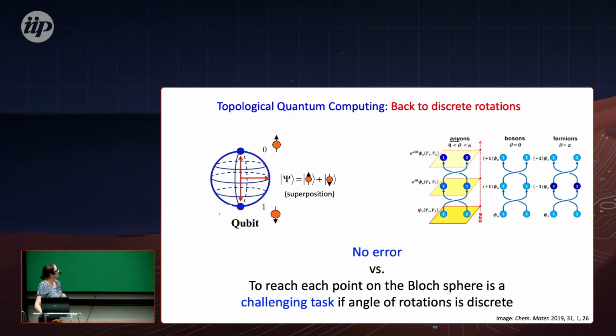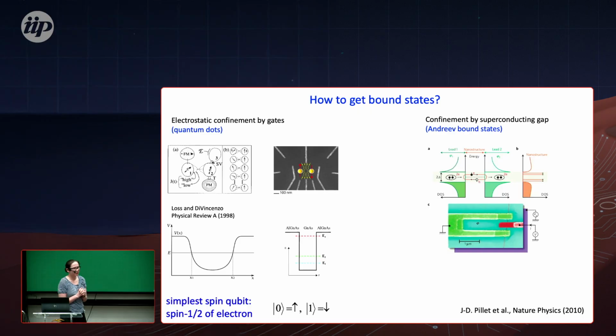And what happened is that it's actually not so easy to find them or to control them. And also the idea that there are no errors is, of course, under some assumptions of our theoretical model. But let me talk a little bit about this progress. As I said, the problem with spin qubits is that we confine them. And even if your confinement is changing in time because you have fluctuations on the gates, you would get errors during computations.